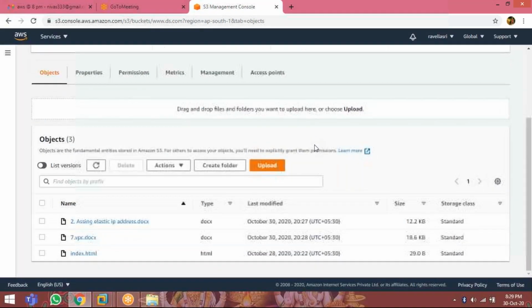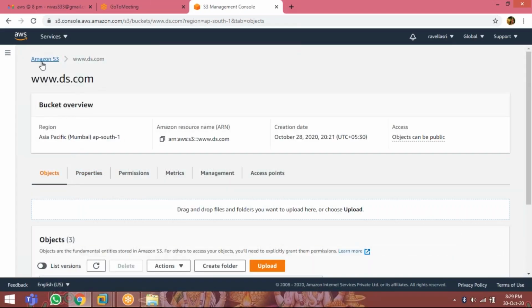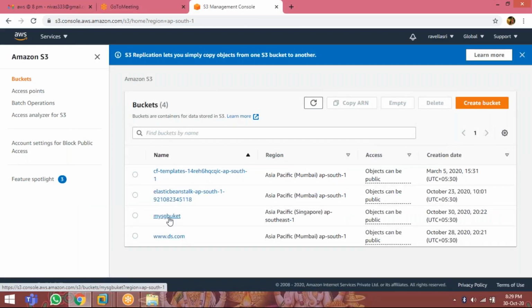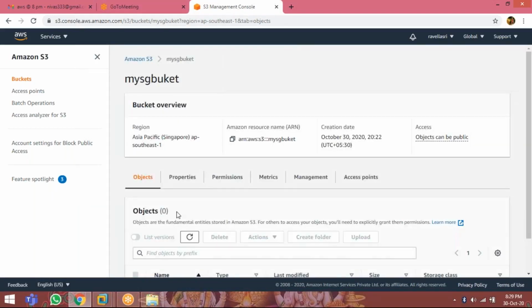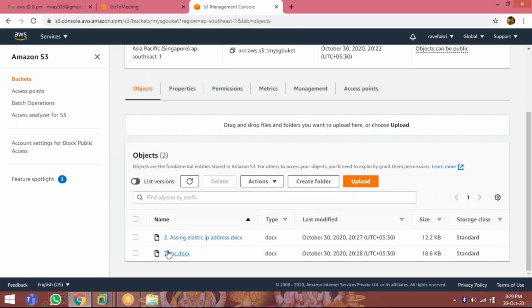Now you can check. See here, VPC dot document. See, we are going to see the bucket, my SG bucket. Click on this. So you can check VPC dot doc. Like that, this is auto replication. Whenever you are going to upload any information in your Asia Pacific Mumbai region, automatically it will upload it to the bucket which is located in